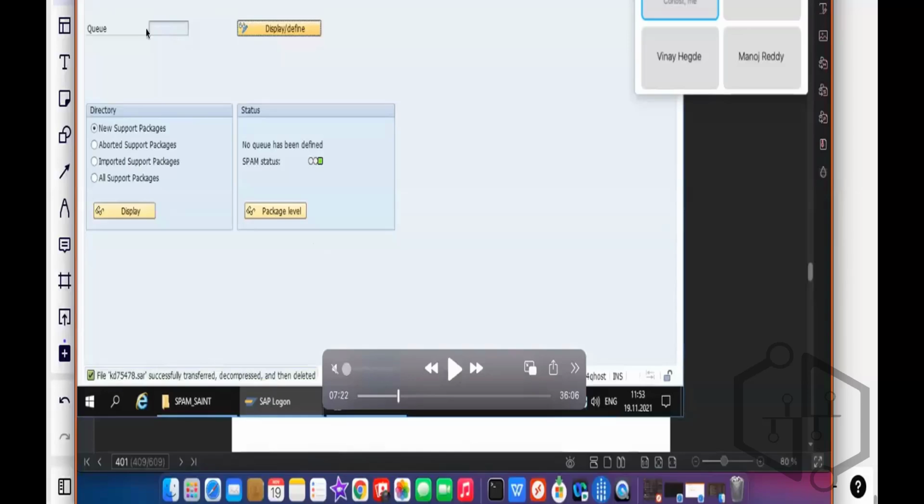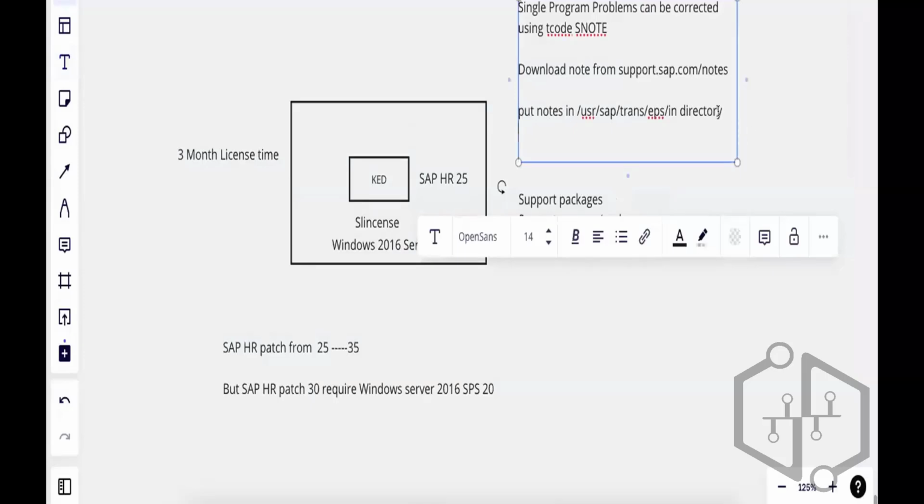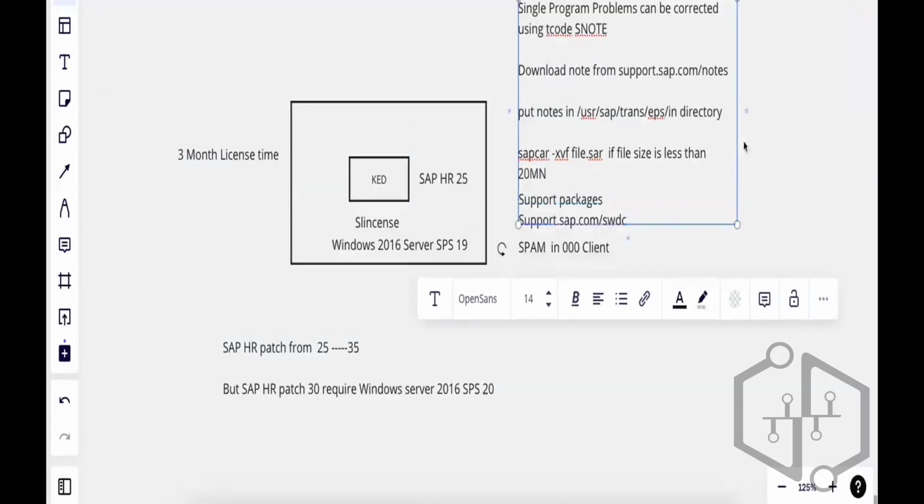So we have just loaded the package, and now you are able to see my screen, guys, right? Yes. Okay, so what we did, we downloaded from this site, and then we can load, or we can unzip the SAP archives using this program, SAPCAR -xvf, the file name .sar. We can use this utility to unzip, or if the file size is less than 20 MB, you can upload